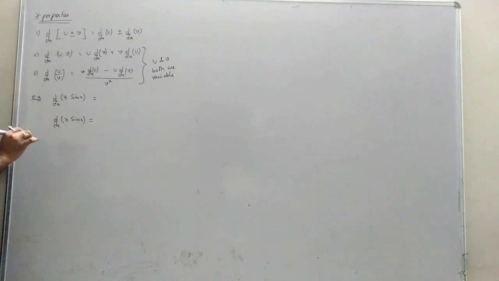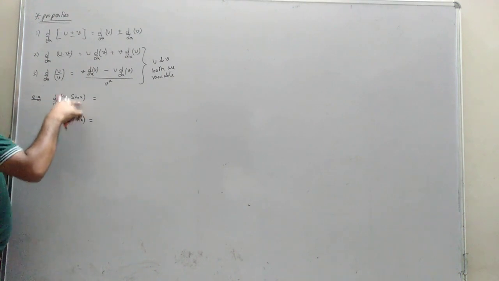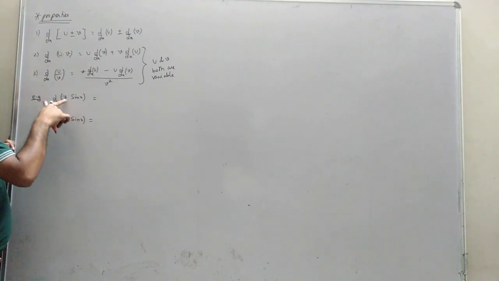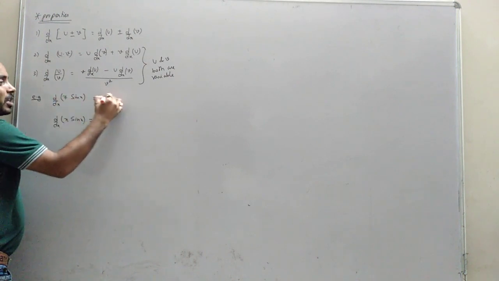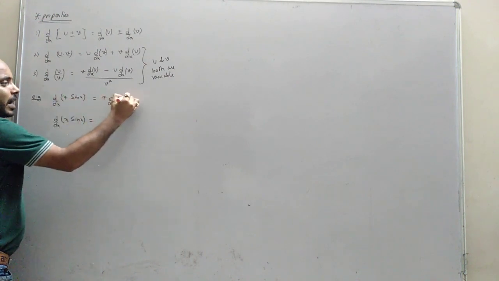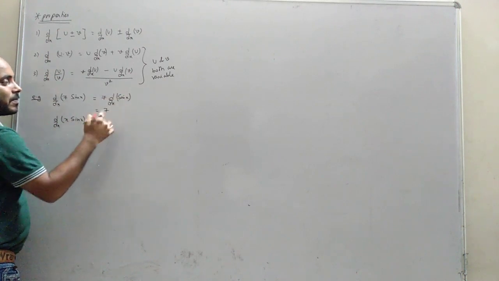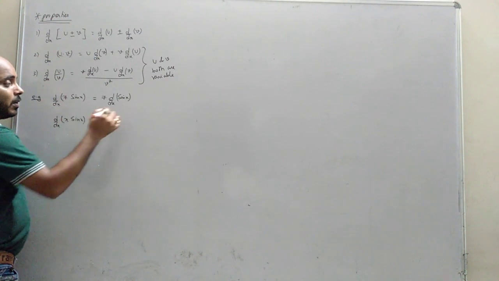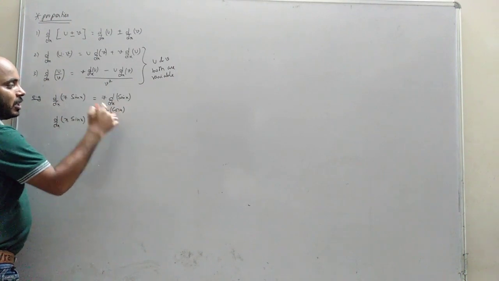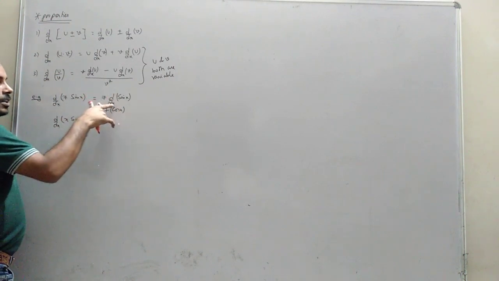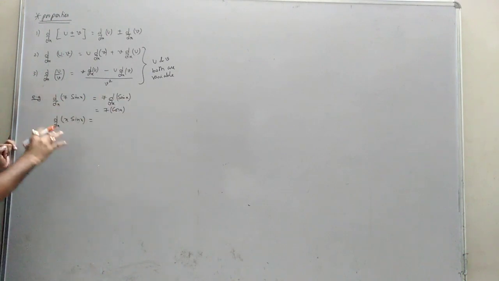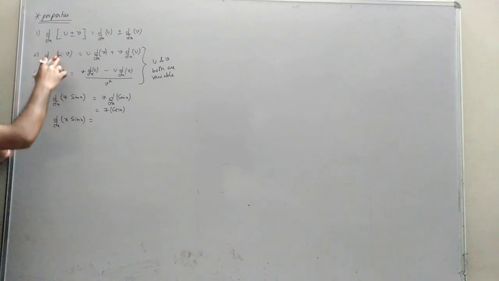Now see, in this we cannot apply this formula. So this is simply constant into variable. So the constant will come out: d/dx of sin x. Now we know the formula of d/dx of sin x, we studied the formula. It becomes cos x. Directly, d/dx of sin x becomes cos x, right? But in this case, it is variable into variable, u into v.